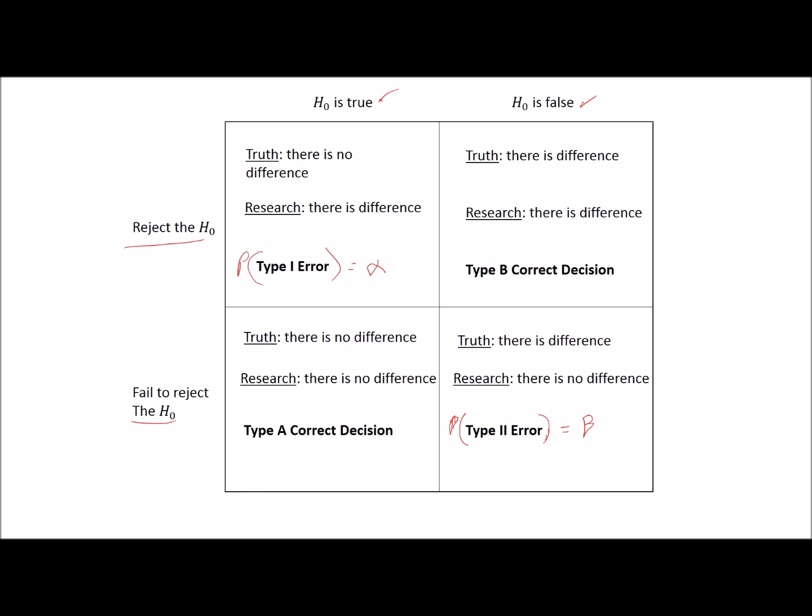So using this, you can then assess what's the risk of a type 1 error, a type 2 error. In our particular case, our research found, based on what we were looking at, that there is a difference. All right, so we're looking at there is a difference. So we're going to reject the null. So we're either going to have a type 1 error, there is a difference we found, there could be no difference, or we could have a type B correct decision. We found that there is a difference, and if the null is indeed false, and we're rejecting the null, well then we would have a type B correct decision.